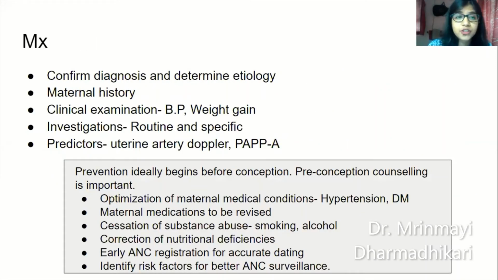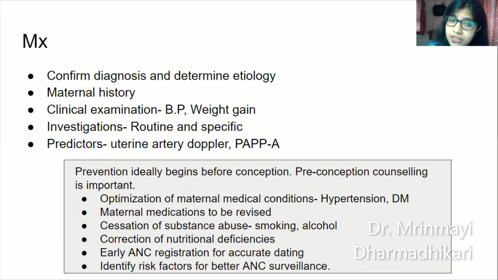Coming to management of IUGR babies, most important, first confirm the diagnosis and then you determine the etiology. So once you know what the etiology is, you will know what to do for management. For example, in cases of diabetic vasculopathies or nephropathies or preeclampsia, pregnancy-induced hypertension. Okay, so the management will differ depending upon the cause. Maternal history, again, very important, especially eliciting history of comorbidities and risk factors for IUGR. Clinical examination should include blood pressure, weight gain of the patient, symphysiofundal height, abdominal palpation.